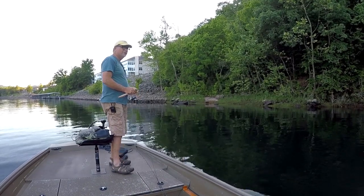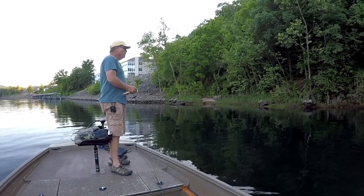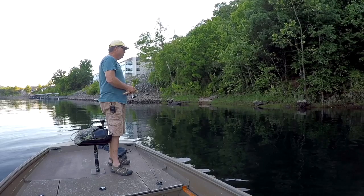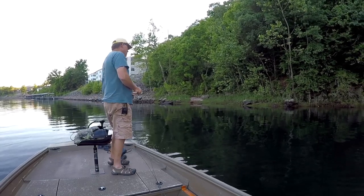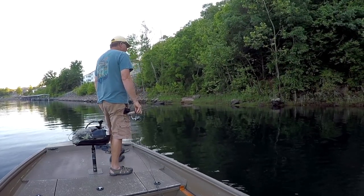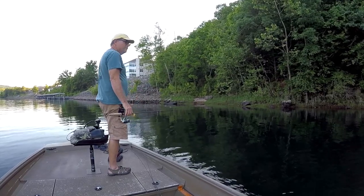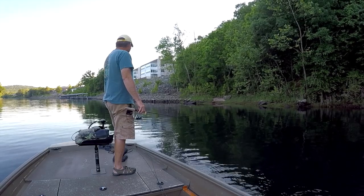I'm going to do one cast today. It's Saturday the 12th of June, I believe. They are running 1 unit of water. I boated up here just below Fall Creek Marina. I'm going to fish the bluff bank down. The current is not fast at all, so I don't know how much ground I can cover, but